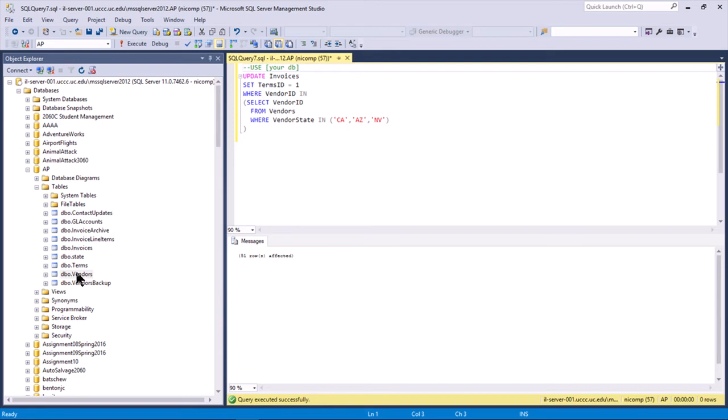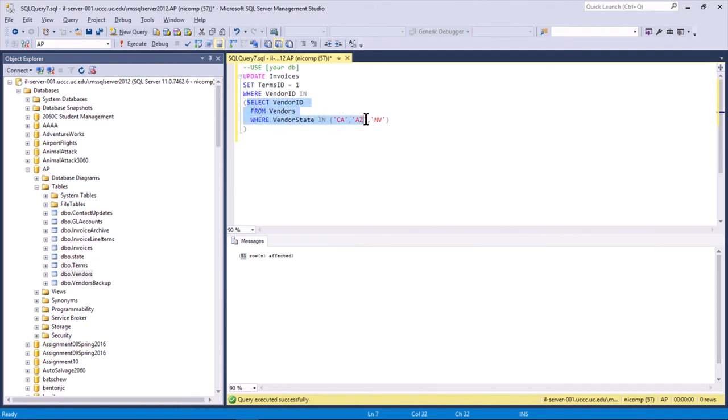Now we're at a point where it's becoming problematic to visually verify that we changed the right rows, because 51 things is a little more than our brain can understand, and we're not really sure what the vendors were that were in California, Arizona, and Nevada anyway. 51 looks reasonable. It doesn't say 10 million, and it doesn't say 0. We have some confidence that we probably got it right. But let's think about a situation where we'd like to be a little more confident that we got what we think we got. What I can do